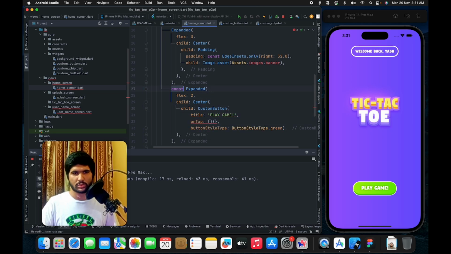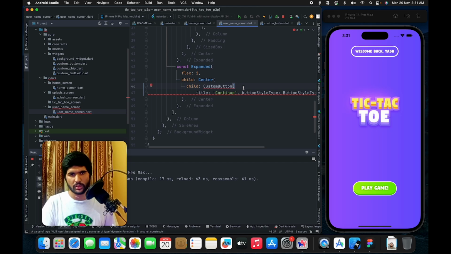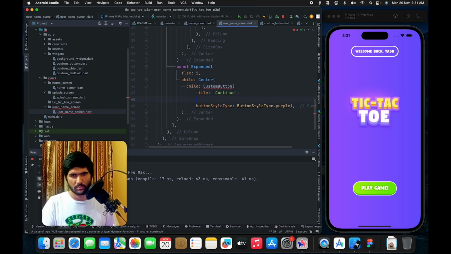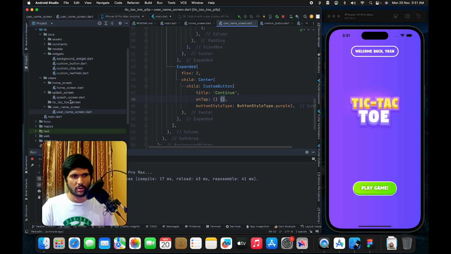Okay, now const we cannot pass. Next, in username screen also same we'll do. On tap and const now we cannot pass. All right, now on clicking continue, we'll add the logic here, but for now let's go back to our home